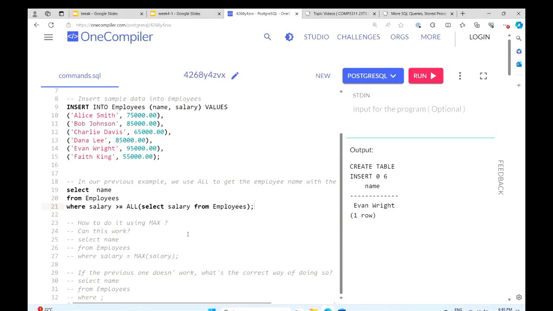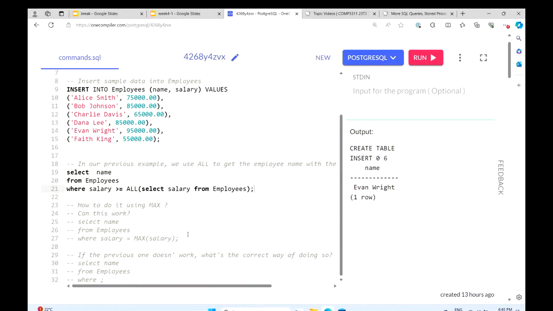Since we are finding the highest salary, it's quite natural to think about MAX. So can we do it with MAX? Let's comment out this previous one. Do you think this one will work here?